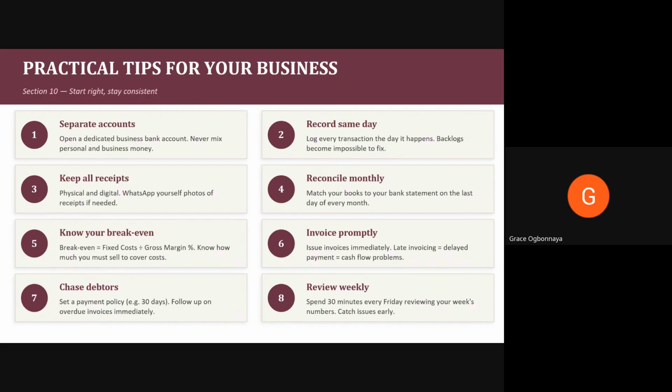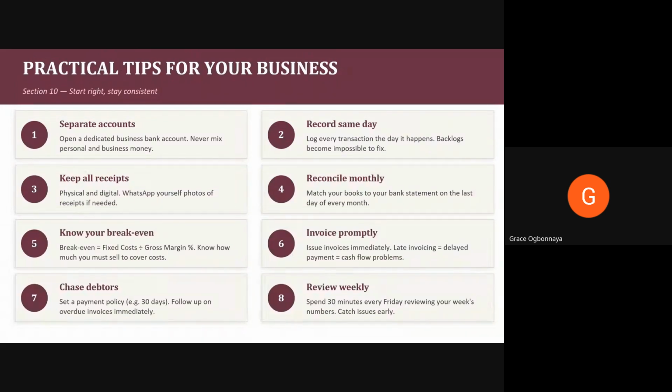So have a separate account for your business. Keep all receipts, whether it's an online receipt or a physical copy receipt. WhatsApp it to yourself, snap it, keep it. Have an inbox somewhere where you're keeping all the receipts. If possible, have a folder day by day, with all the receipts you got this month, this day or this week. Just make that arrangement, because it will help your accountant or the auditor that is coming to help your